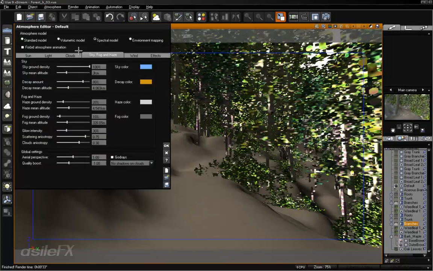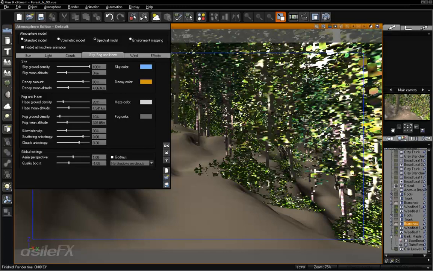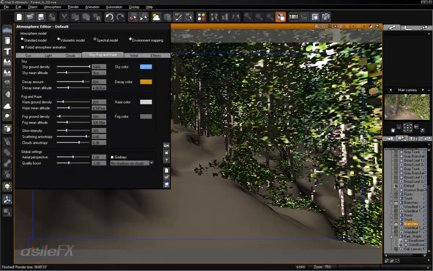Or we can make some additional adjustments to the scattering. The more we raise this number, the darker the scene will get, and the less spread out light will be. And then if we bring it down, let's say 0.6, it's really going to lighten everything. Without spending too much time adjusting the lighting,